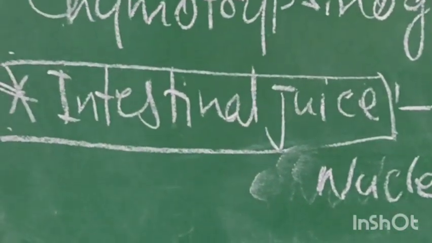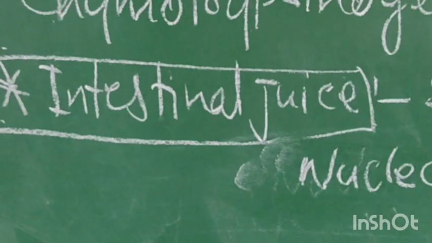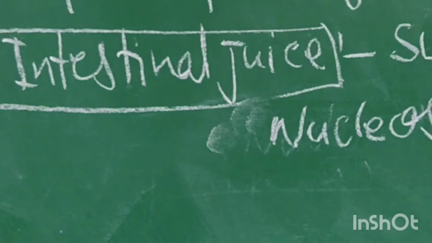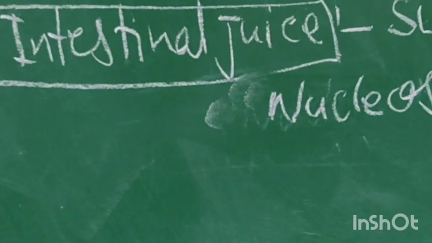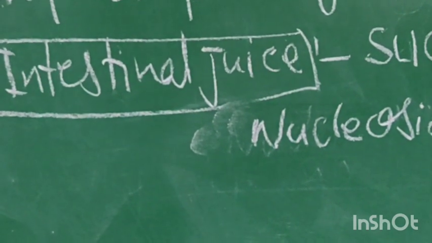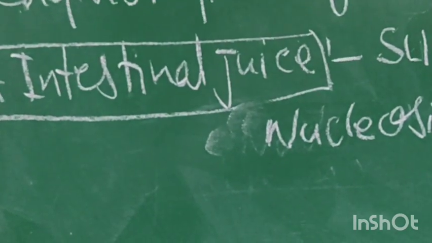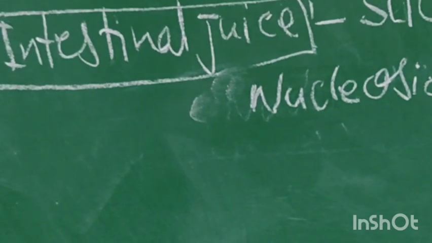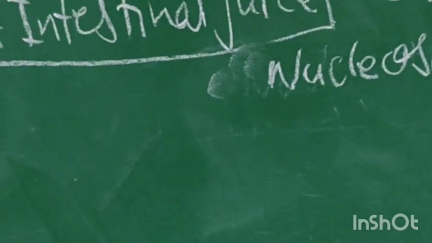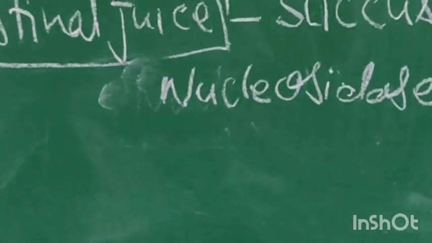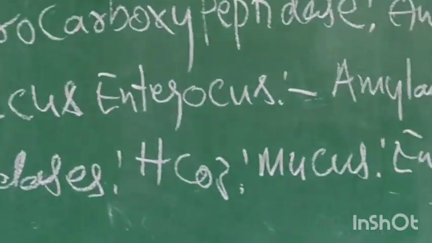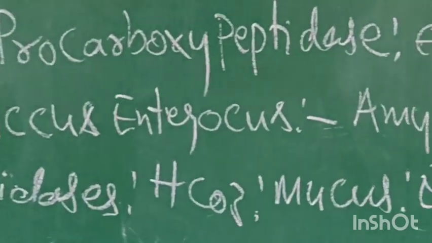The human digestive system contains five types of digestive glands producing digestive juices. The glands produce juice: salivary gland, salivary juice; gastric gland, gastric juice; pancreas, pancreatic juice; liver, bile juice. Now the intestinal glands produce intestinal juice. This intestinal juice is also called succus entericus. The succus entericus composition: